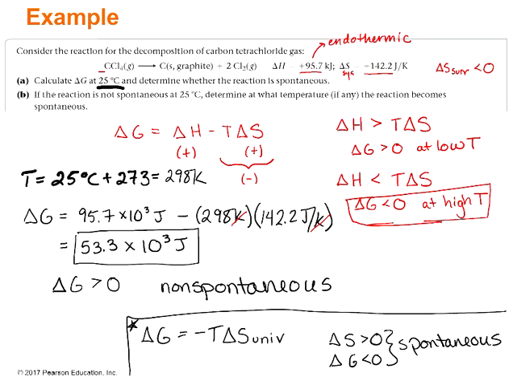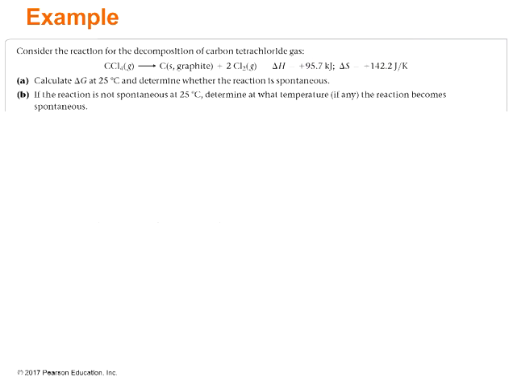Okay, so now we did determine this reaction is not spontaneous, so let's go on to part B. This also matched our prediction. We said that delta G would be positive at low temperatures, or non-spontaneous at low temperatures. All right, so now let's figure out at what temperature the reaction becomes spontaneous. So there's a little trick to this. What we're going to do,